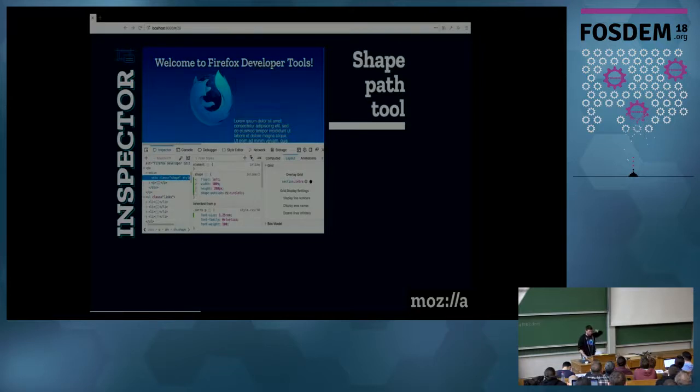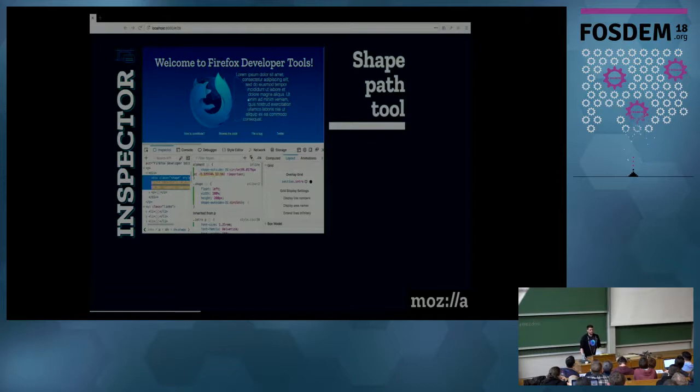So things are going pretty good, I think, but we can do even better. There's an experimental property called shape-outside, which lets you define a non-boxy shape for content to float against. So basically here I have a float div with shape-outside set to circle. And then I have a little button next to it. And if I click it, it will show me